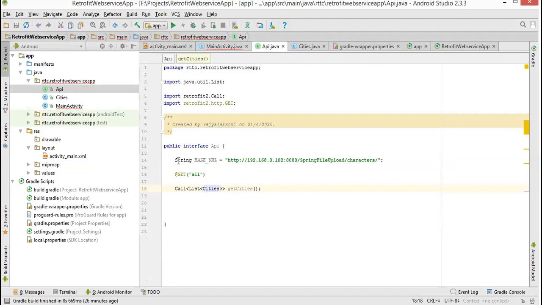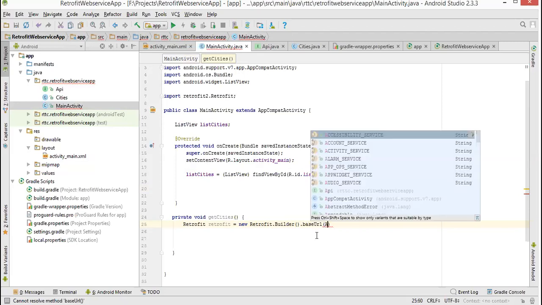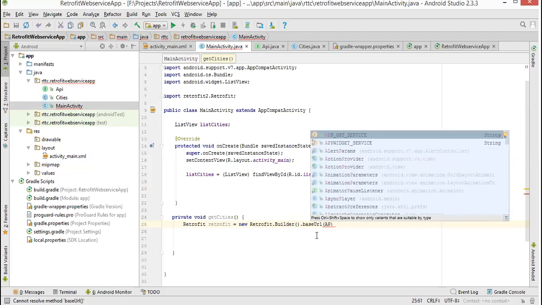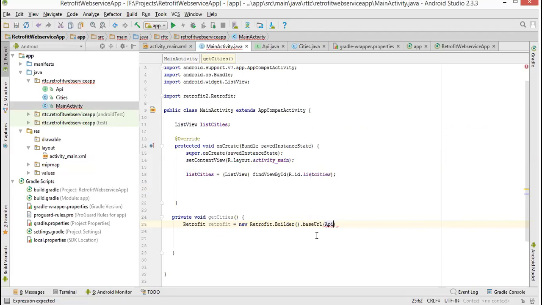See, I have not declared the string as public or private or something. That means it is a default string in Java. Default means it will be available throughout the package. API is the interface dot base URL. Got it? Base URL. Then